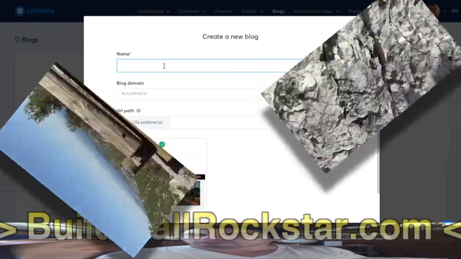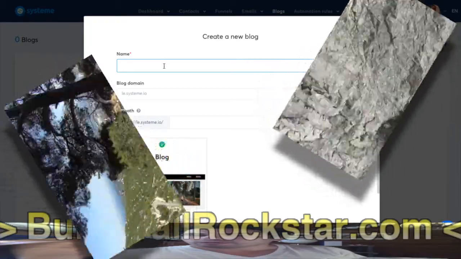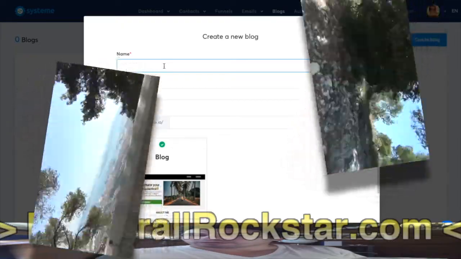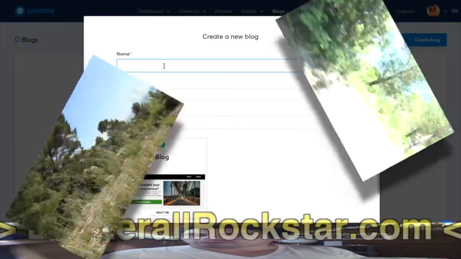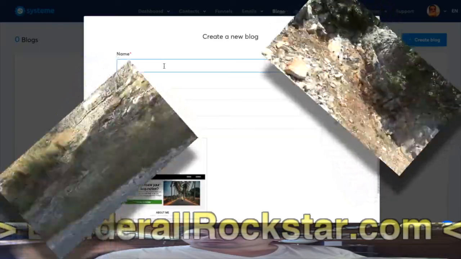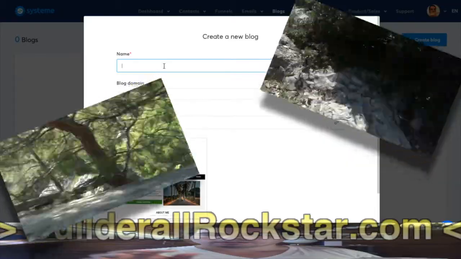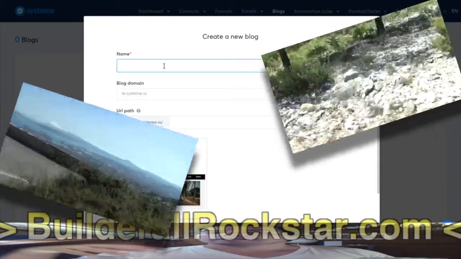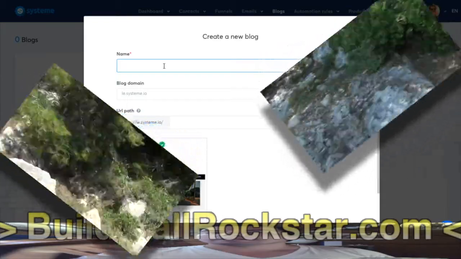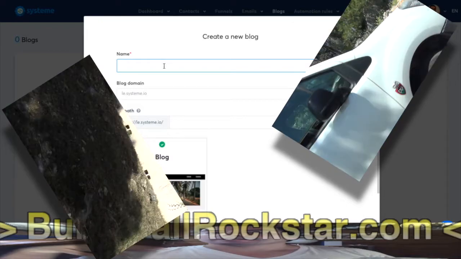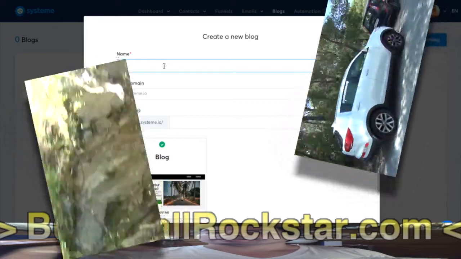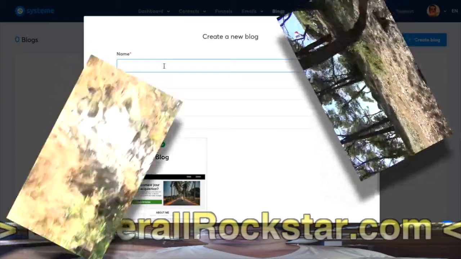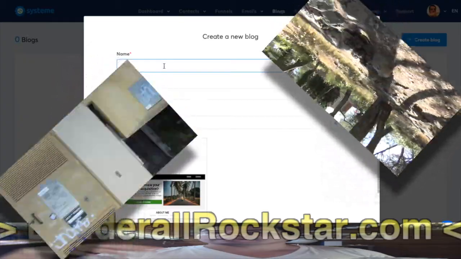You can have, for instance, a WordPress blog with a plugin which checks the RSS feed from your System.io blog, and every time you publish a blog article on your System.io blog, there will be an action done on WordPress. Maybe just take the text of the article and publish it in a second place on your WordPress blog, or maybe just have a simple message like, oh, there is a new article on my other blog, go here, and you just use a link of your article on the System.io blog. So there are many uses for an RSS feed.